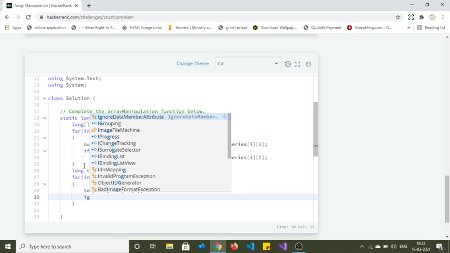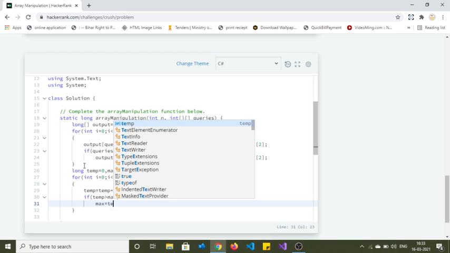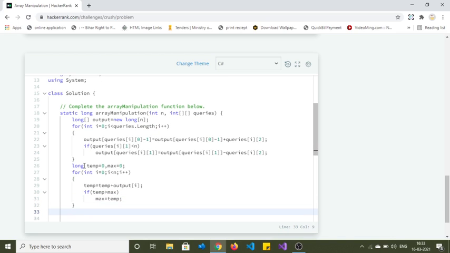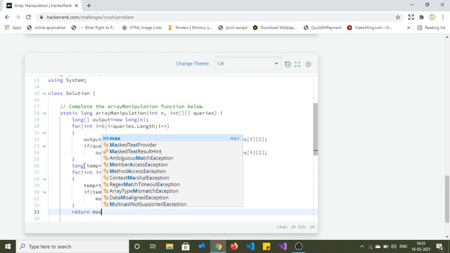If temp greater than max, then max is equal to temp. And finally, out of this loop we have to return this max variable.